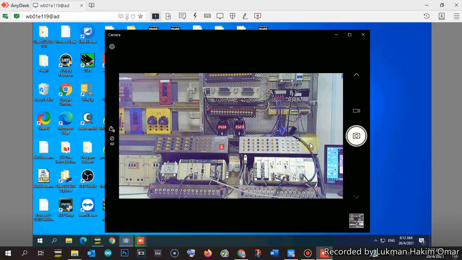So there is a difference in outputs. For inputs, I think the input addressing is similar. Later on I will show you how they exchange the data. But first we have to configure the master PLC.